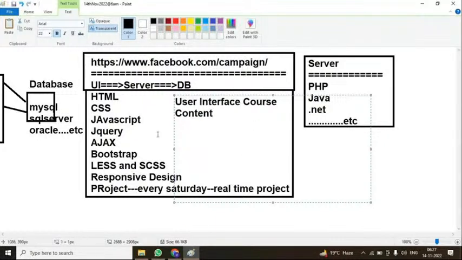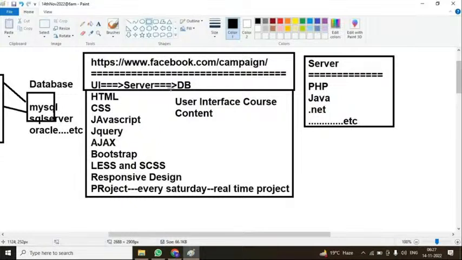Okay. To develop that user interactive page, along with all of these we always use a front end page, a server page, and a database, right? So to create this type of environment, we have to know how this server page is interacting with your database. And to create all these interactions, along with all this content, we have to learn any one of Angular, React, or Node.js. If you know that,